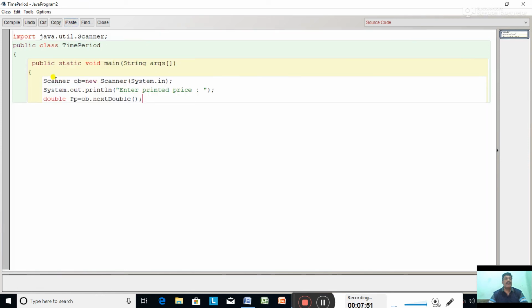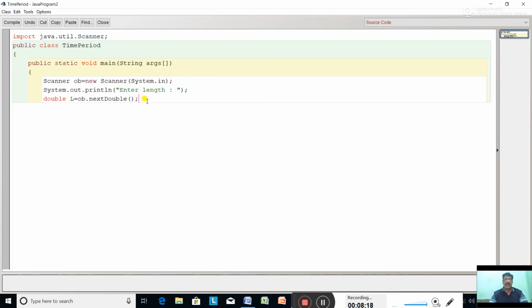Can save some time. Now see, enter printed price, this will be enter what? The length. Enter length. Double, take it L only, double L equal to ob.nextDouble().